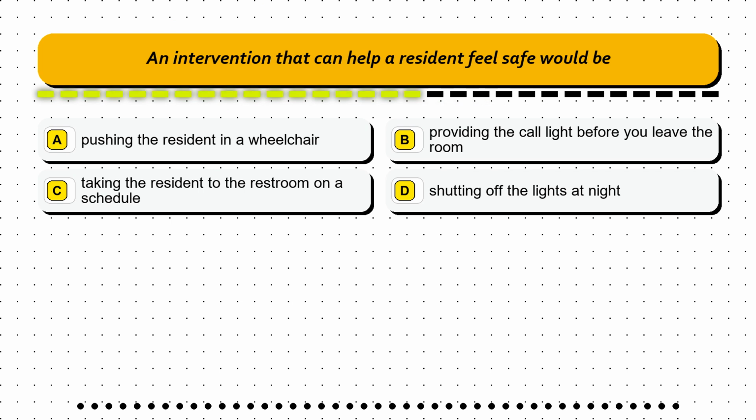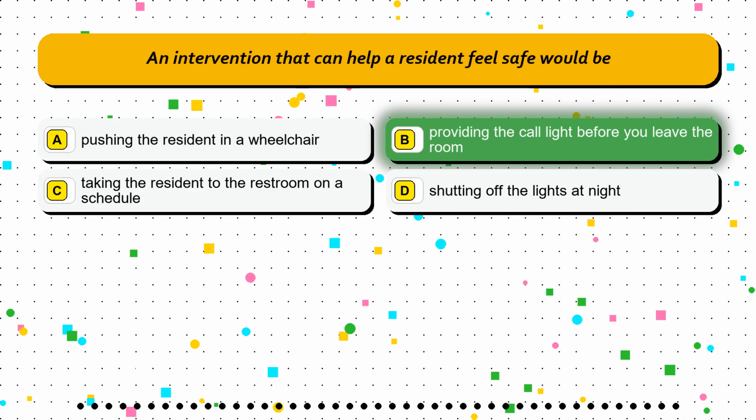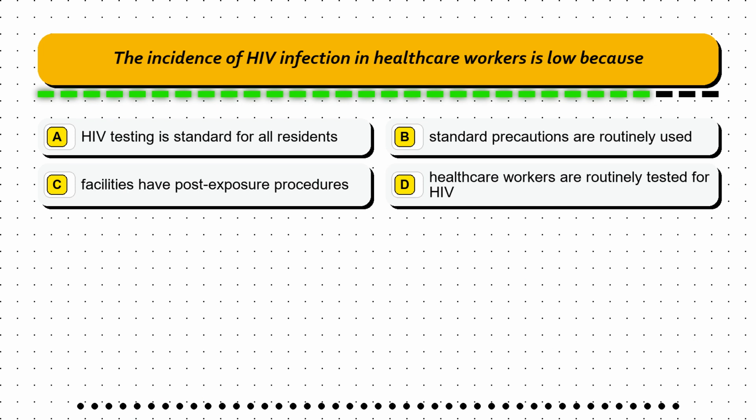in a wheelchair. Option B, providing the call light before you leave the room. Option C, taking the resident to the restroom on a schedule. Option D, shutting off the lights at night. The correct answer is option B, providing the call light before you leave the room. Question 38. The incidence of HIV infection in healthcare workers is low because: option A, HIV testing is standard for